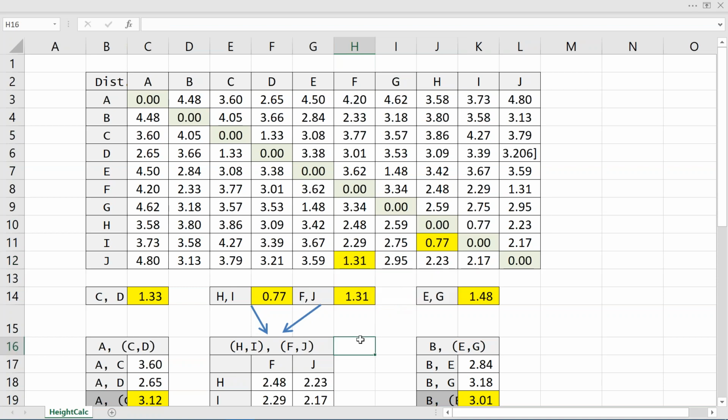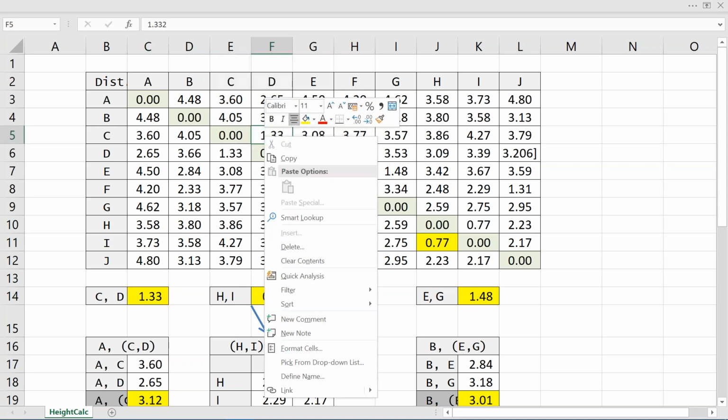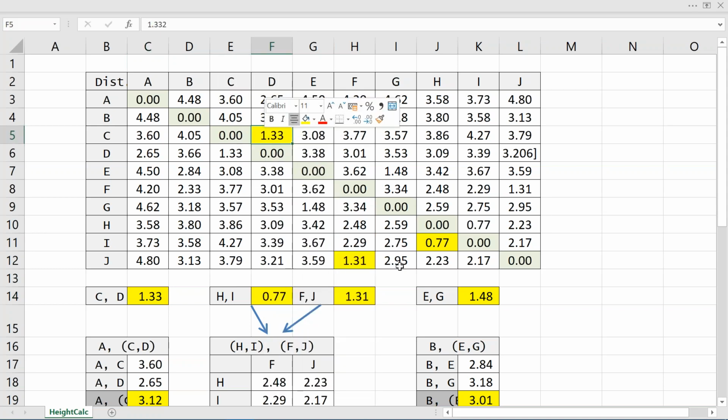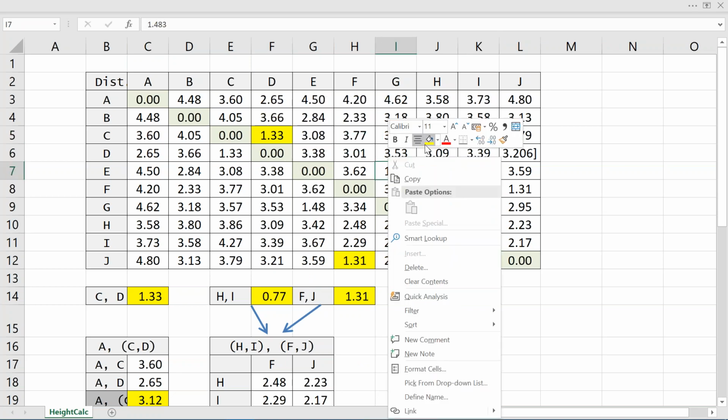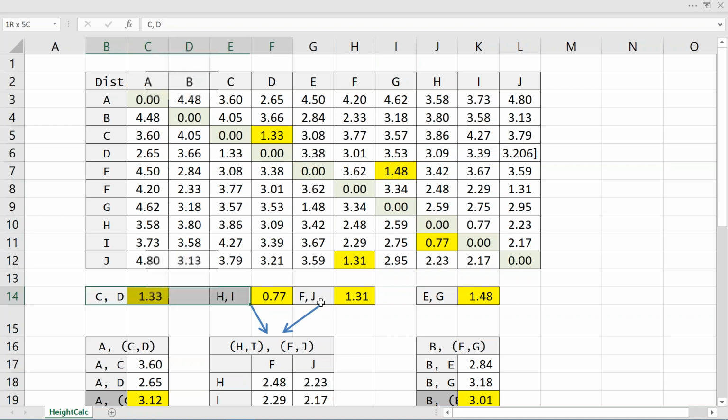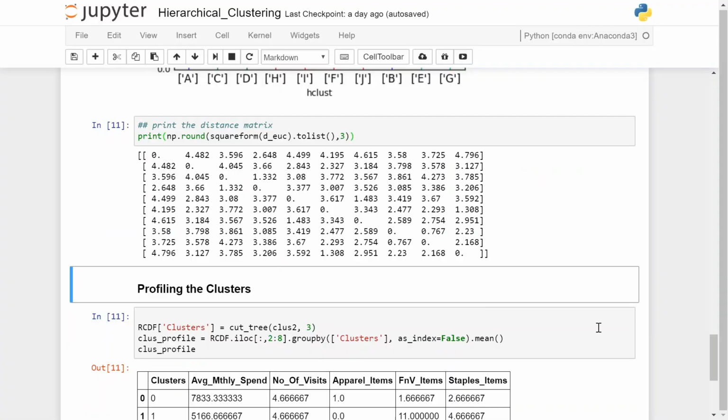Again, you recompute the distance between the clusters. Whichever comes out to be minimum, probably 1.33, which is between C and D, turns out to be minimum, and that gets merged. Then the distance between EG, 1.48, turns out to be minimum, and that gets merged. Now you've got this level. This level, if you see on the dendrogram diagram,